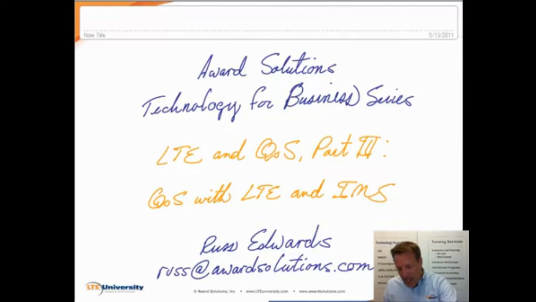So in the previous sessions we learned that different services have different requirements, and that QoS is, what QoS really is, treating these services according to their requirements. And so in the last session, we found that in order to make QoS really work, we have to have a mechanism for doing two things: communicating the particular requirements of the session and enforcing. We need to make sure that all the critical nodes have the authority and some ability to enforce the particular QoS requirements for a given service.